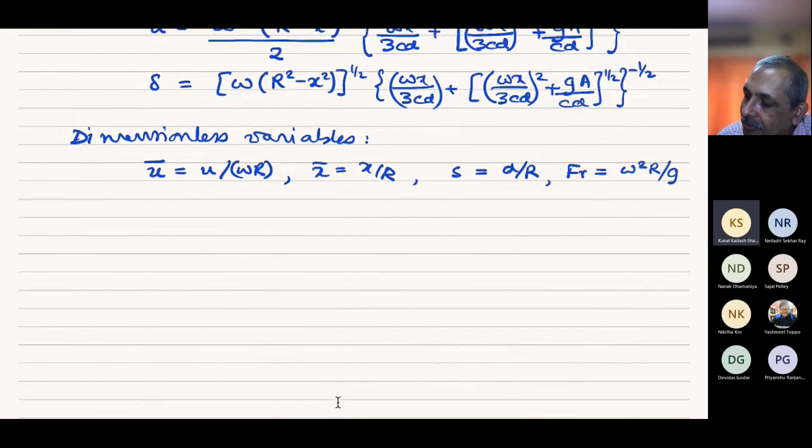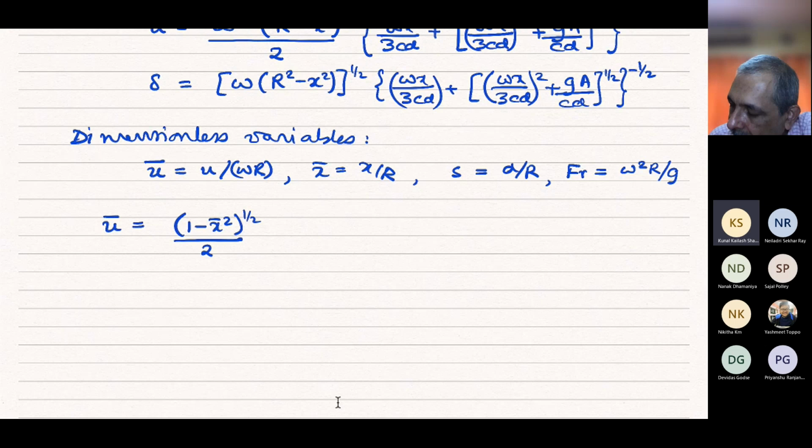Okay, and now if we substitute for all of these in there, what you will get is that u bar is equal to 1 minus x bar squared raised to the power of half, by 2, into x bar divided by 3cs plus x bar by 3cs whole square plus